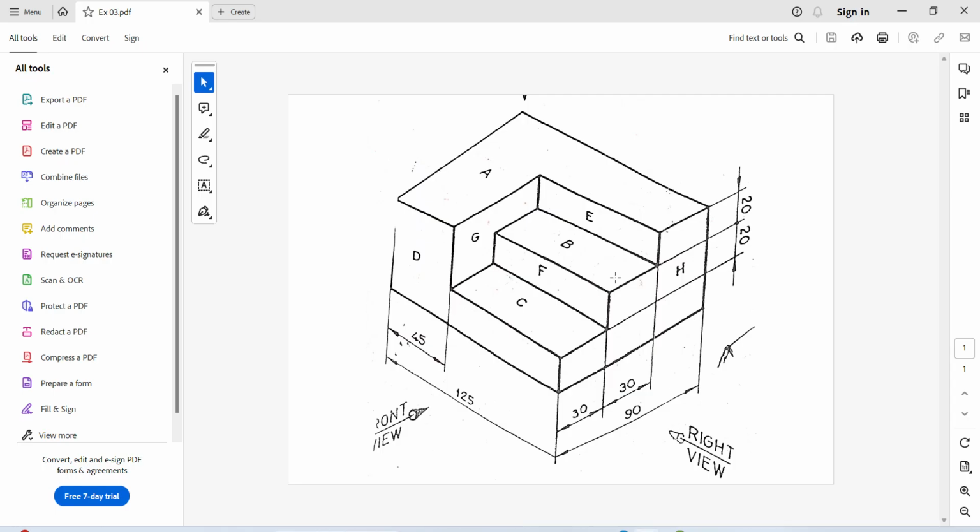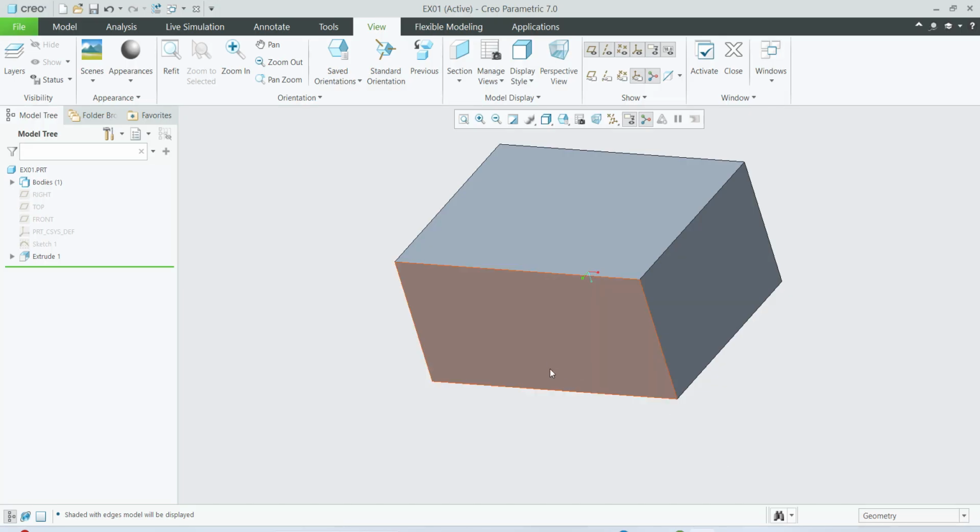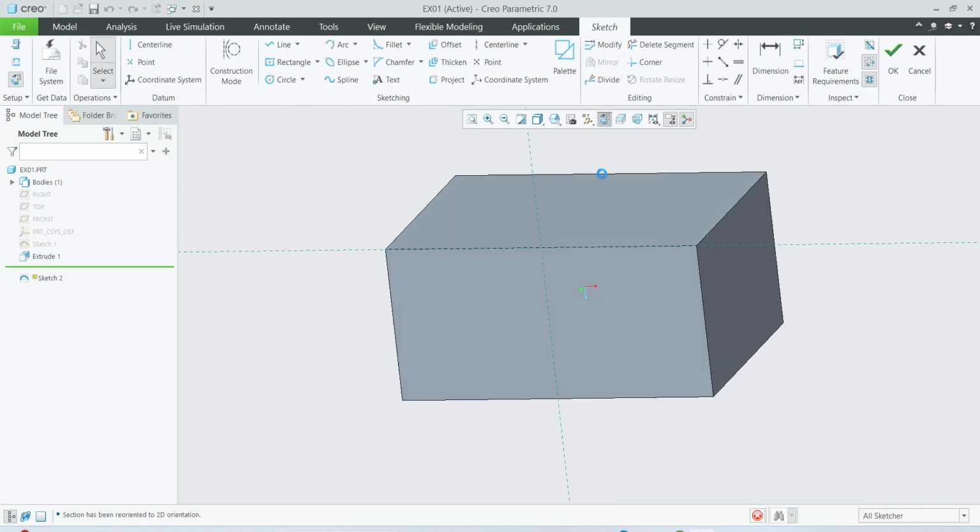You can see this drawing, there are two cutouts, two steps, 20 mm, this is 125 minus 45, depth is 30 plus 30, 60 mm, and one more is 30 mm depth. So select this surface, sketch, view mode,